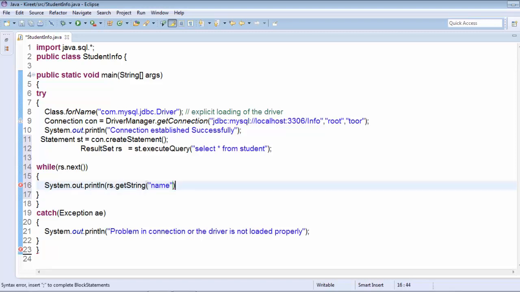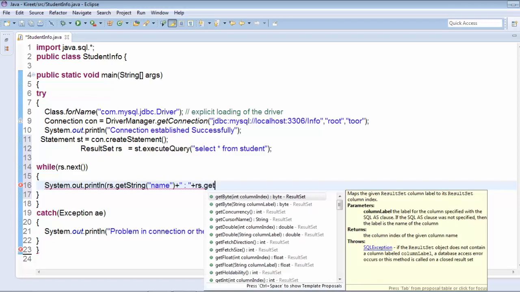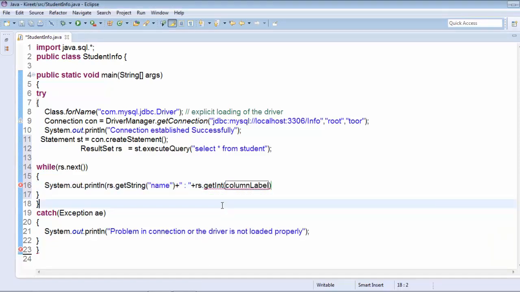So the first attribute will be accessed. Now we have to separate this, so I'm separating it with the help of a colon. I'm appending this, plus the second is the age. I'll call the method rs dot get int, because it is in the form of an integer.